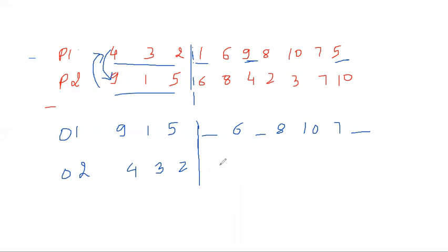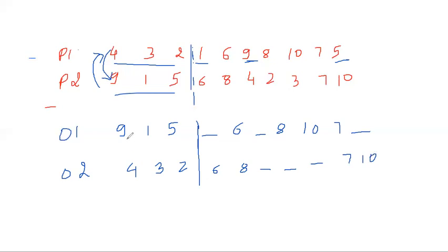Okay. So similarly I do it for this. In this 6 is okay, 8 is okay, but 4 is already occurring in this section. So I leave 4 vacant. 2 is already occurring, 2 will be vacant, 3 is occurring, 3 will be vacant, and this is 7, and then 10. Okay.